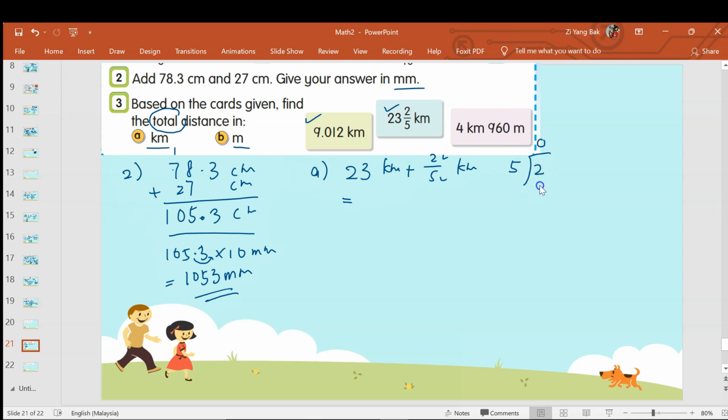So 0 times 5, 0. When you have a remainder, put decimal point 0. So now 20, 4, 5, 20. Decimal point. So you get 0.4 km. Then you join them together, you get 23.4